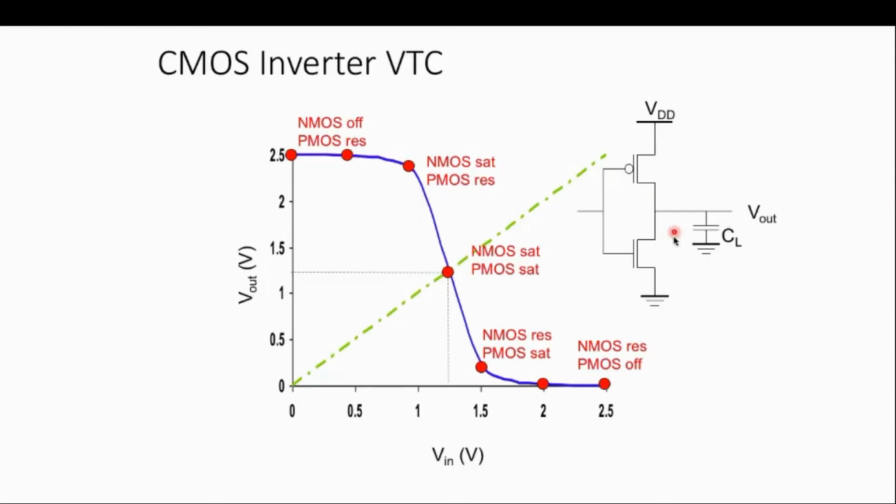You know this current is equal to this current. So if this is in saturation region and this is in linear region, substitute the two values, equate, and you will get the value of VIH. Here you will get the value of VTH, here you will get the value of VIL. We will be looking at other aspects in the coming slides. This is just the idea of how we can go about the CMOS device VTC and how different regions of transistors operate when we go for calculations.